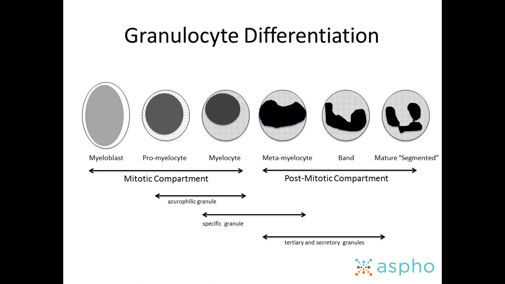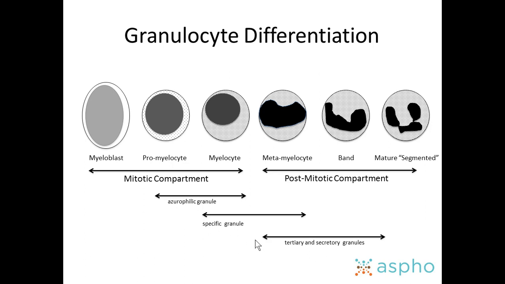But anyway, we have this mitotic compartment early on where you've got this myeloblast. It doesn't have much in the way of granules. The nucleus starts to shrink a bit, and you end up getting more granules. The myelocyte has more and more granules. And then we end up in this post-mitotic compartment where you've got your metamyelocytes, your bands, and your mature segs, and we recognize these as the cells in the blood that reflect a left shift, or more mature cells. And it's important to recognize there are different kinds of granules that define these different stages of development that go along with the different processes that these cells have to acquire.